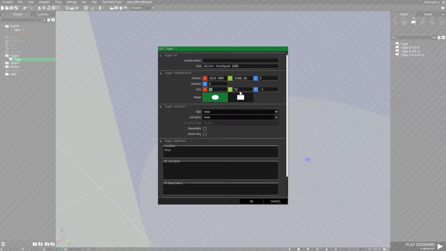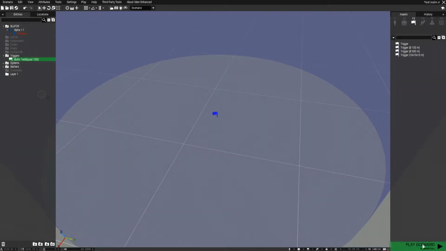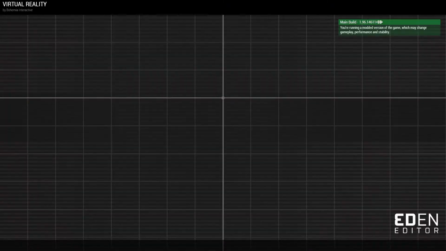Size is the only thing that will actually affect the mission file in terms of what spawns in, as that will determine the area in which the unit can spawn, as well as the area in which the unit can create its random waypoints, if you're using random waypoints. We'll go over fixed waypoints towards the end of this video. So we'll get that active now. If I click play scenario right now,